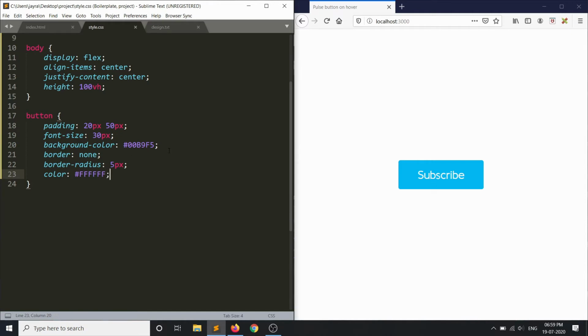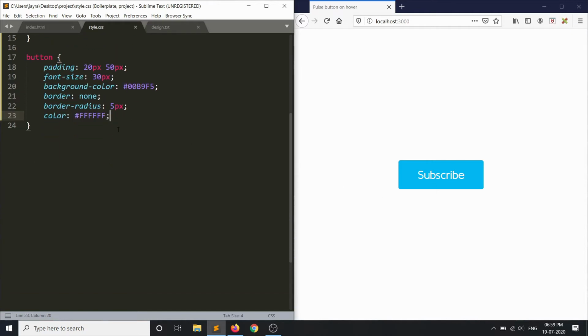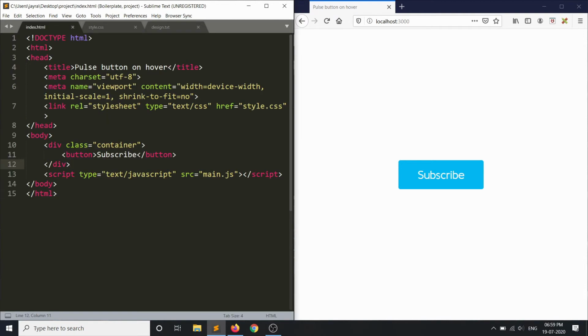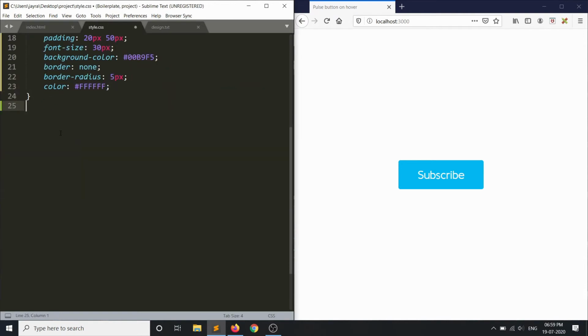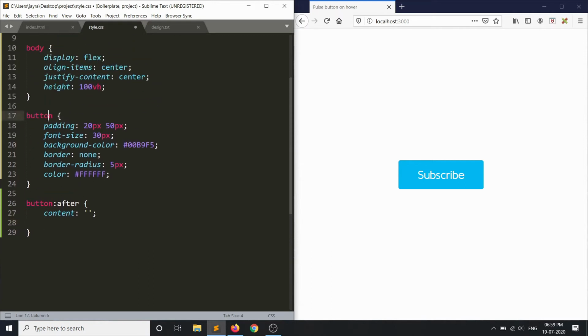so good so far. Okay, next thing is, the way we'll implement this pulsing effect is we'll add an after element to this button. So let's go ahead and do that. I'll just say button after, right? Content will be empty, and we'll have to position it absolutely with respect to the button. So we'll make that button a relatively positioned element.